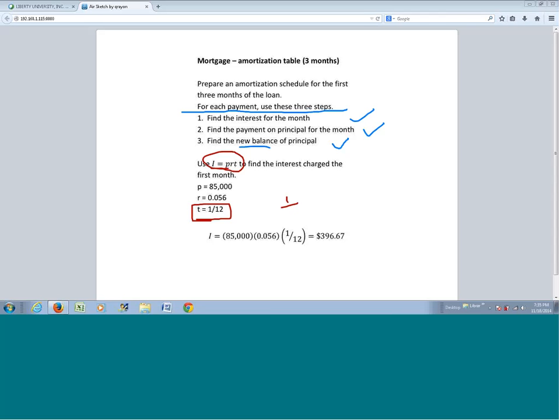So 1 month is 1/12 years. Okay, so that is why for 1 month it's 1/12. I'm going to put the numbers into the formula. There's my principal, my interest rate, and my time. I equals PRT. That gives me